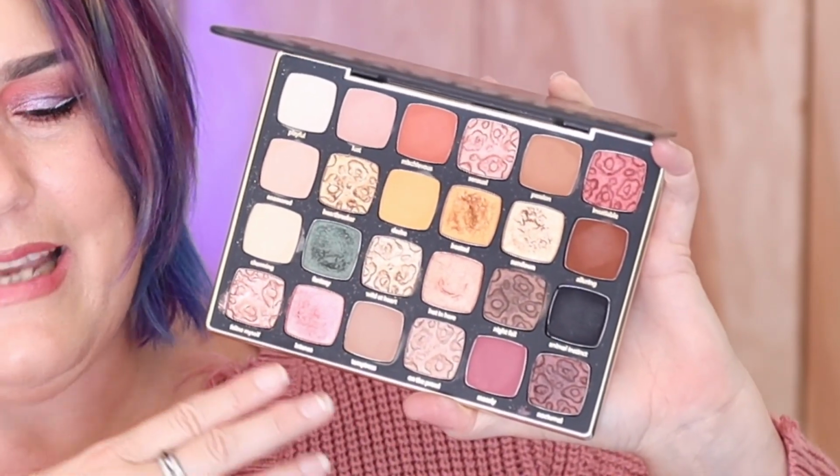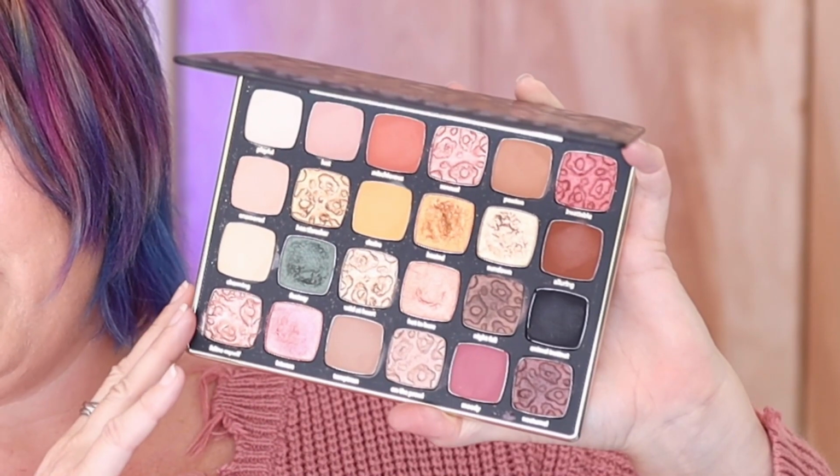But I would say it doesn't go as jewel tone as I'd like it to go for this palette. And there is a lot of redundancy in this palette. And also, I didn't think that this was the best Tarte formula that I've ever had in my life. So I'm going to stick with their old school palettes and not pick up the new school palette. I know that I am an anomaly, like everybody else on the planet loves it. I just didn't have a great time with it, but it is a beautiful fall tone eyeshadow palette, and it